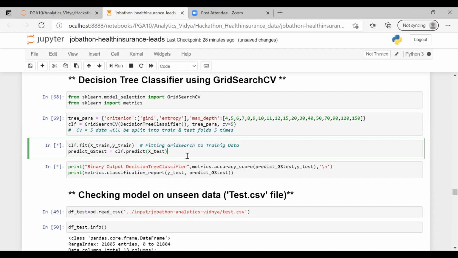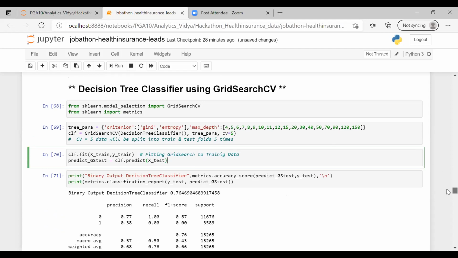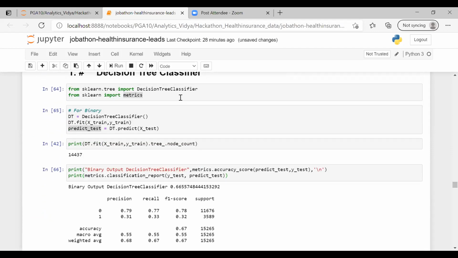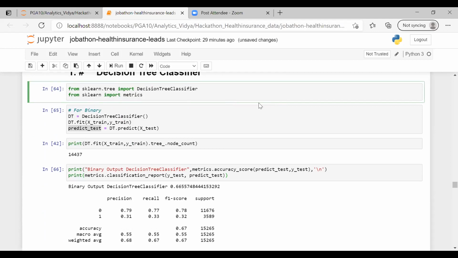Actually, in this case, we can say it is doing hyperparameter tuning, like I'm defining variables, and it will automatically select the important columns by itself. Here I haven't passed any parameter. Otherwise, in a decision tree, when you are passing, you have to put multiple parameters, like the maximum depth of the tree. What is a decision tree? Let's say